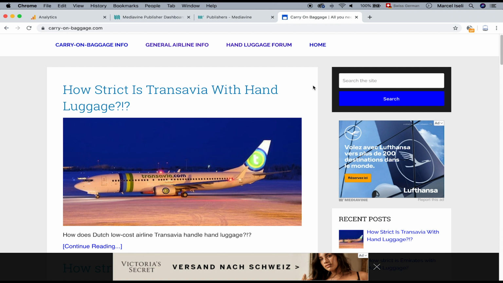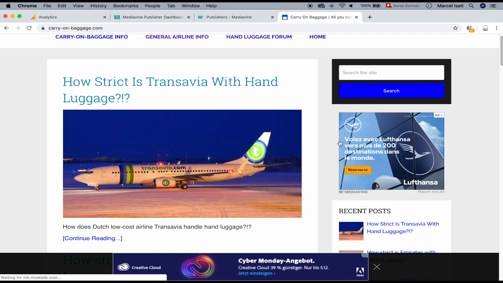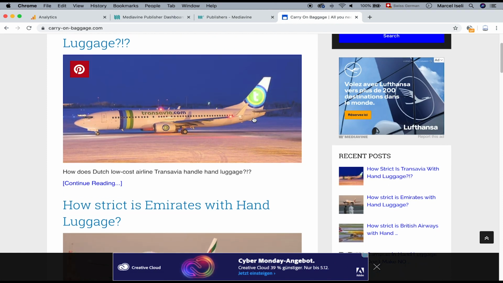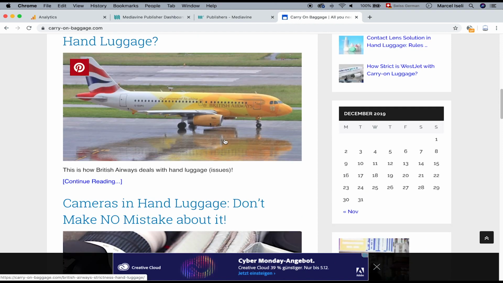The first big disadvantage that Mediavine has when compared to EZOIC, in my humble opinion, is that they won't give you statistics. So all the layout here, all the stuff that I have with the ads, will probably earn me a lot of money, and I can earn well with Mediavine, no question. But I don't really know how that revenue